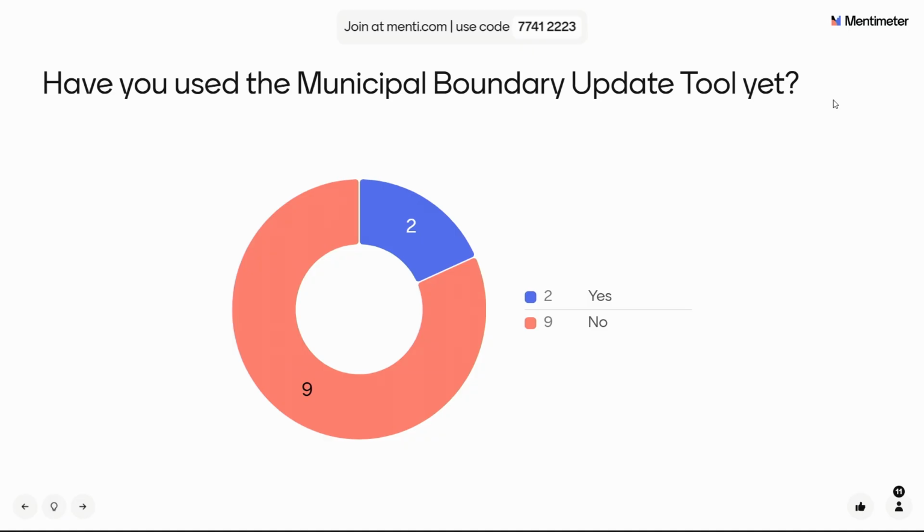Bob can speak more to that, but I think an ideal procedure would be to add this submission to that workflow of the clerk adopting the ordinance, recording at the Register of Deeds, and letting GIS know. GIS maps it, GIS updates their website, and GIS posts it to the municipal boundaries tool. It becomes part of the workflow with every annexation you receive. And the quicker the turnaround, the less the data on your website fails to match what we have on our website.